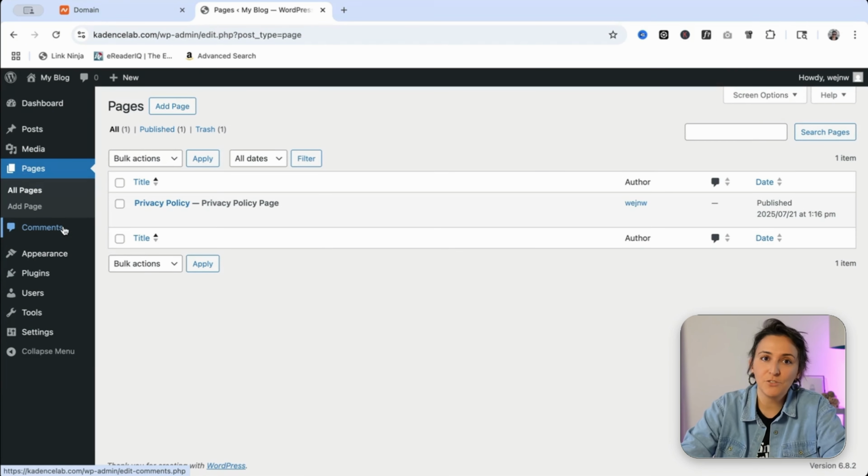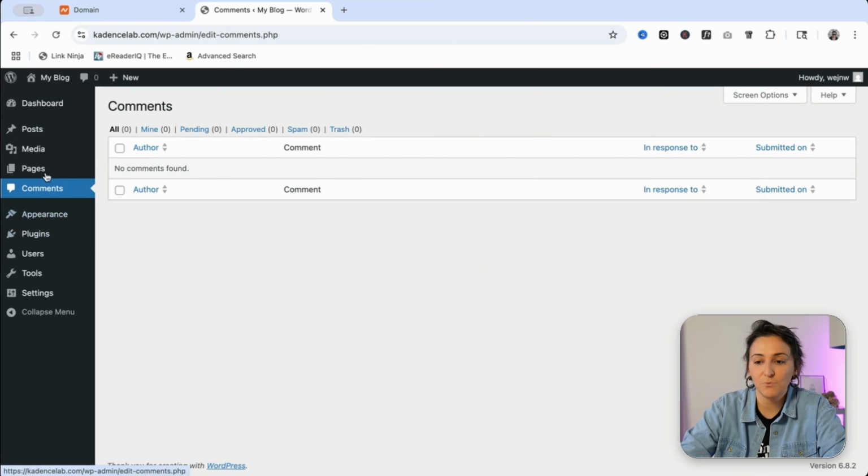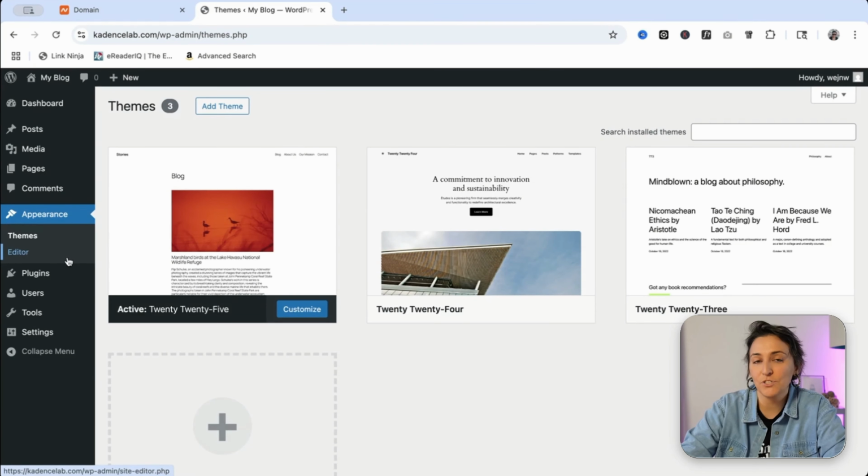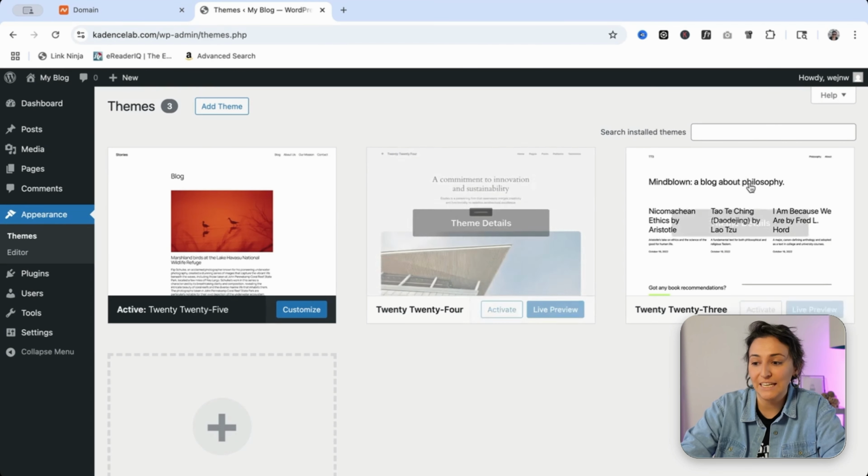Now, if you need to manage comments or look at your comments, they're going to be over here as well on the sidebar. And then we get into appearance. So this is where you're going to update your theme. And as you install themes, the appearance options are going to change as well based on the options that the theme provides. Now, what I do suggest that you do right now is that you delete the themes that